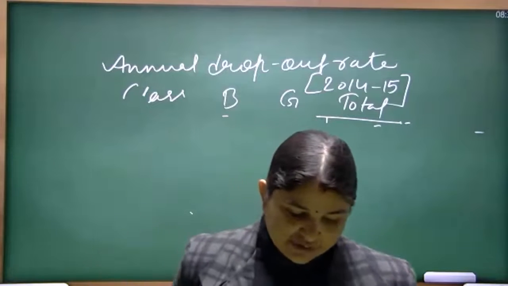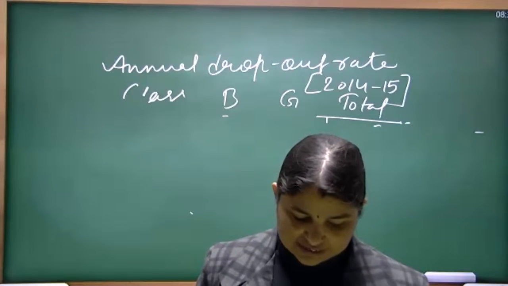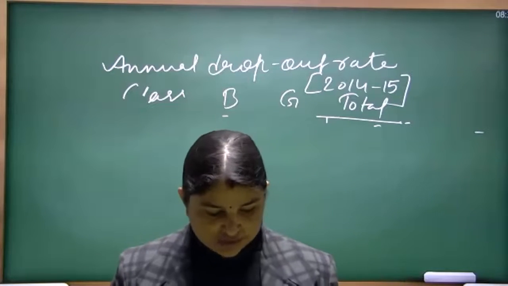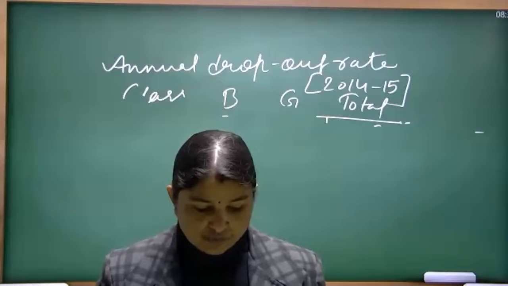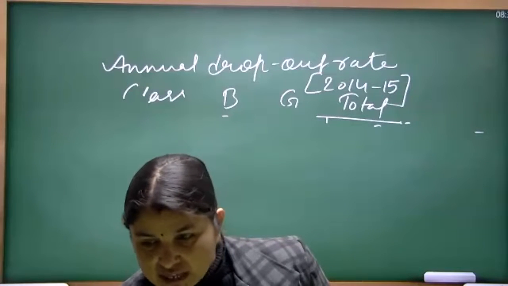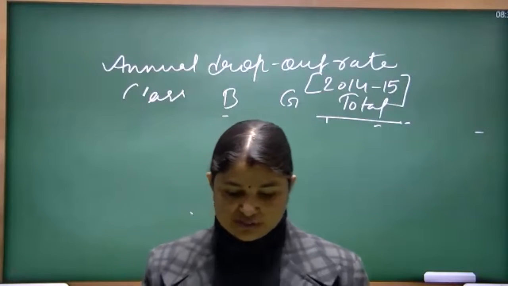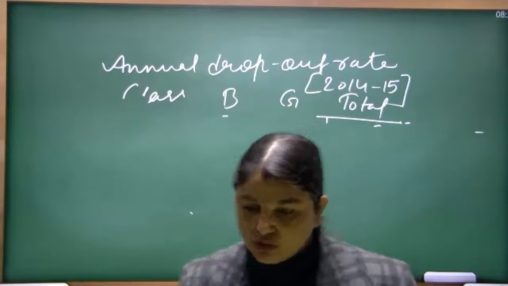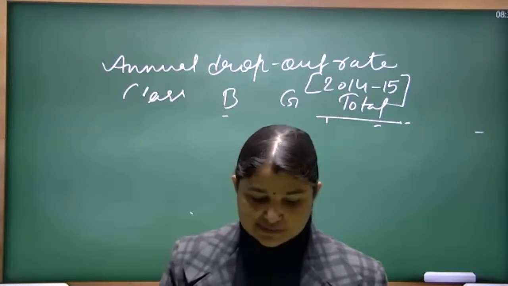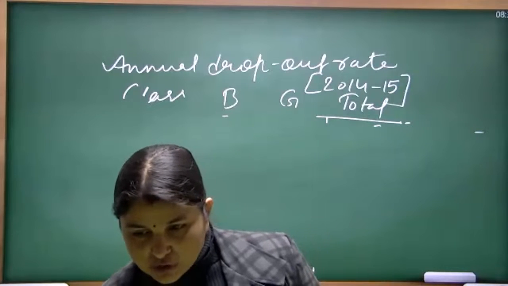For general it is 17.21 for boys, 16.88 for girls, and the total is 17.06. After that, scheduled castes: 19.64 for boys, 19.05 for girls, and the total is 19.36. For scheduled tribes, it is 24.94 for boys, 24.40 for girls, and the total is